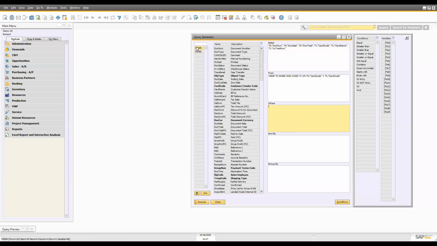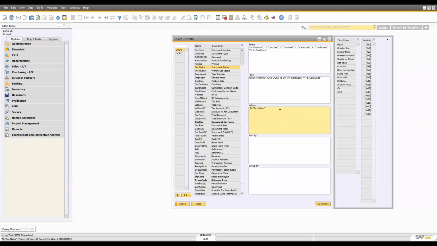So we'll go back here, and we're going to say we only want documents that are still open. For example, we're building a report for open documents at this state. So we're going to look in our list here, and you can sort this list by double-clicking any of these columns, but the value that I'm looking for is right here. It's doc status. So you can see that it added the doc status here to our where condition, which is what's going to filter, and you can either use the shortcuts here, double clicking these, or type them out. What I mean by that is you can type out equals for doc status equals something, or you can double click equal and it'll put it in there for you. I'm looking for documents that are only open, and I happen to know that the value for that is O, which means open. So if I click this now,